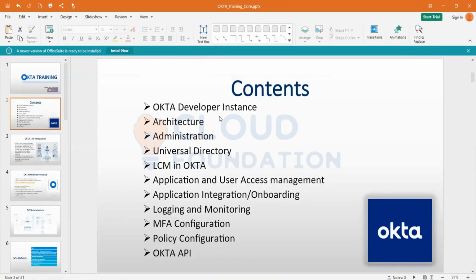And another thing is Universal Directory. Do you have any idea about directory? Any directory like Active Directory, LDAP directory, CA, Microsoft? I know Active Directory. Active Directory. A directory is nothing but a tree structured data store